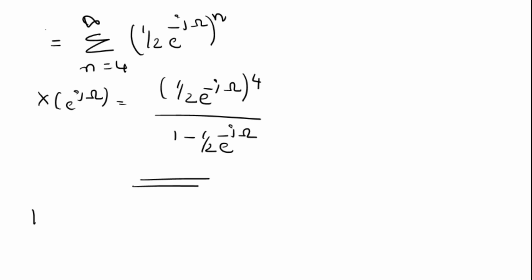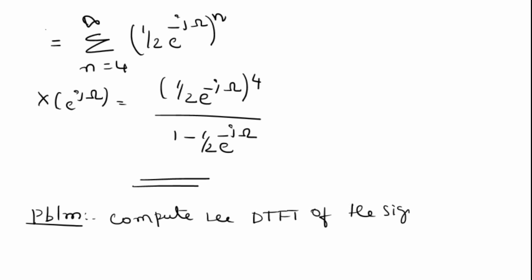Next problem. Compute the DTFT of the signal x of n is equal to 2 to the power n into u of minus n. It is given x of n is equal to 2 to the power n into u of minus n,